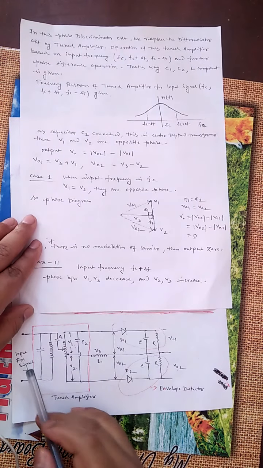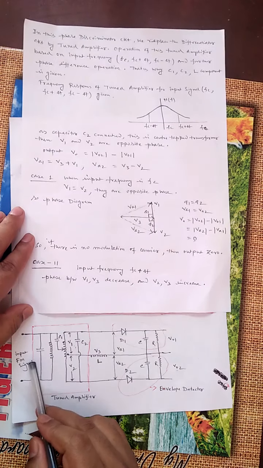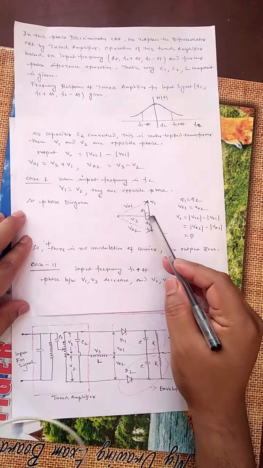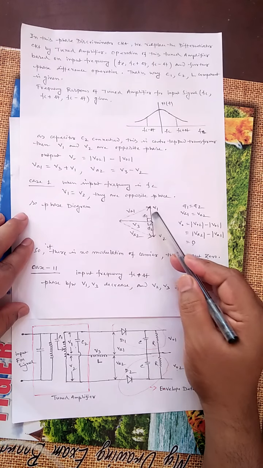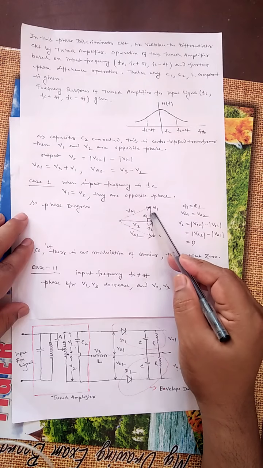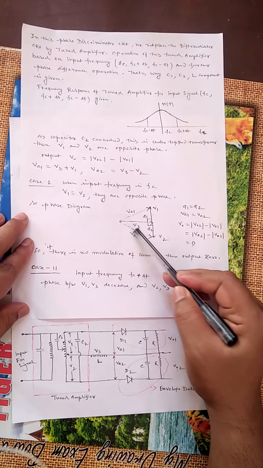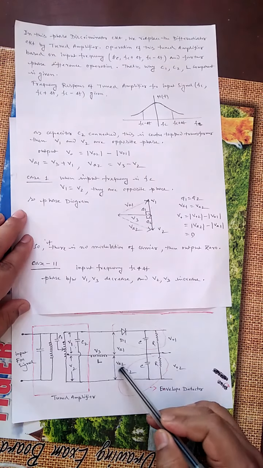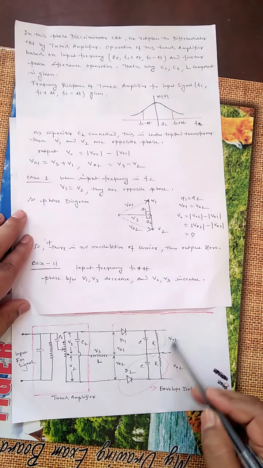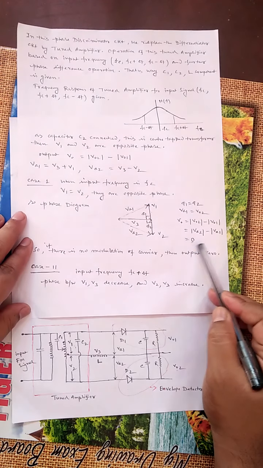Suppose my input signal is FC, which means no modulation is done here. Then the phase differences of V1 and V2 with respect to V3 are the same. Both are 90 degrees. So the magnitudes of VA1 and VA2 are the same. That means the input at D1 and the input at D2 are the same, so they cancel each other at the output, and we get zero output here.